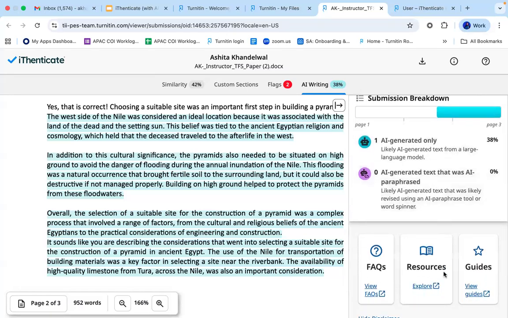You can always check the FAQs, resources and guides section for more information about it.